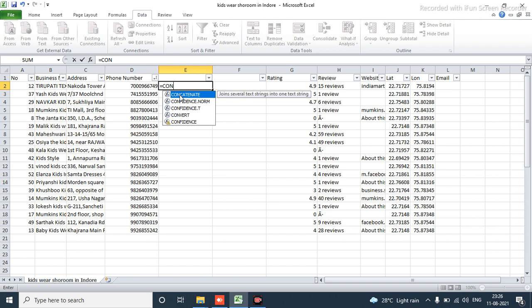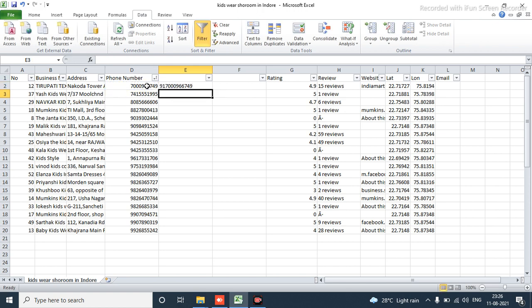We will double click on CONCATENATE. Then you can see the open bracket, then we write 91 comma, not dot, this is comma, then click on this number, because we want to add 91 before this number. Then close the bracket, then OK.